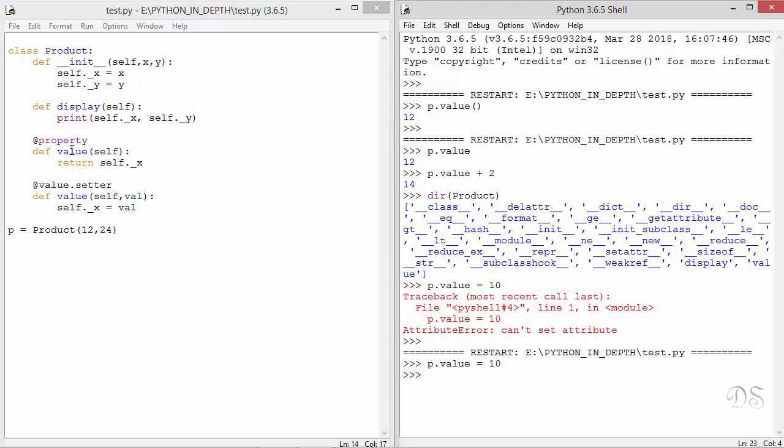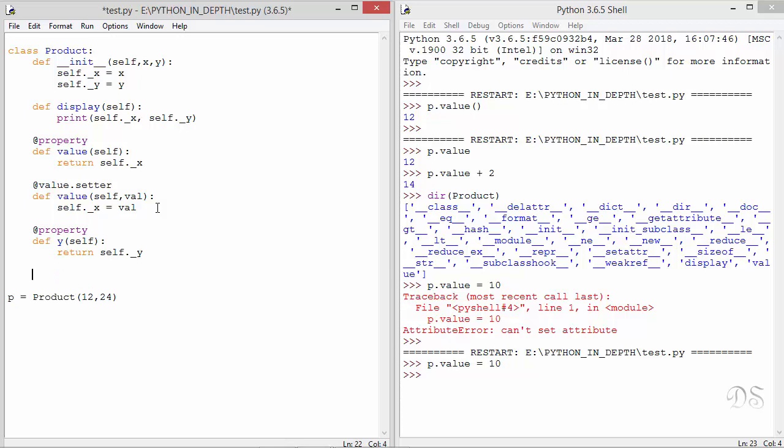This name should be the same in both the methods, and the setter method accepts an argument which is used for setting the property. Now let's create one more property. Name of this property is y. So this is the getter method for this property.